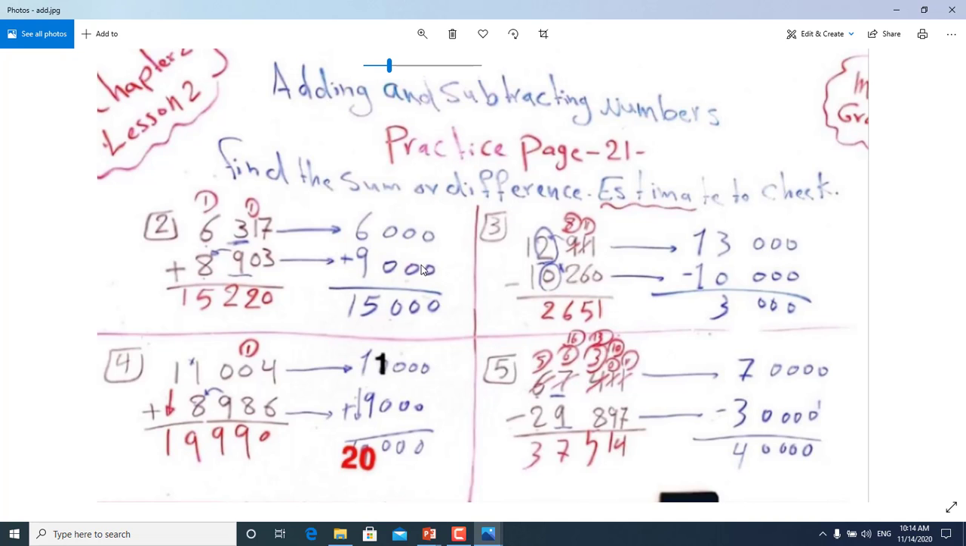After that, we'll add them. 0 plus 0 is 0. 0 plus 0, 0. 0 plus 0, 0. 6 plus 9 is 15. Number 3, we have